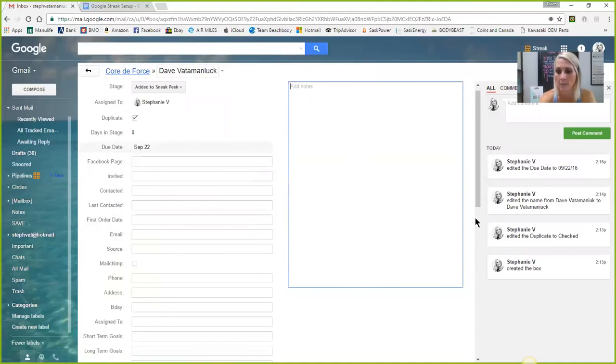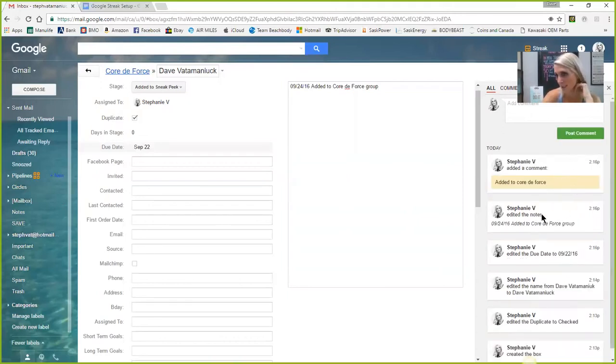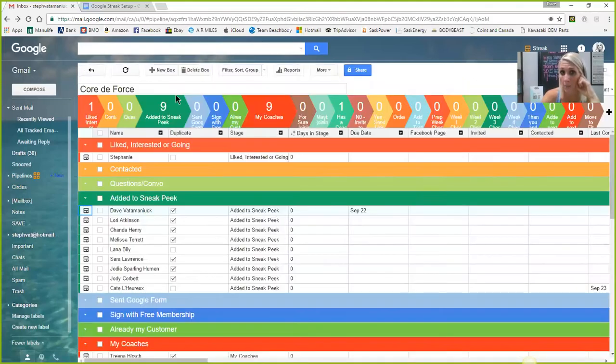If you're going to add notes, I will either put the date here and add a note, so add it to Quarter Force group. Or you can come over here and add a comment, add it to Quarter Force. And when you post the comment, it's going to post it over here as well as the note. So whichever you want to use, I haven't really figured out the main benefit between using the note section here or the comment. I know the note section is going to show up here on your main screen